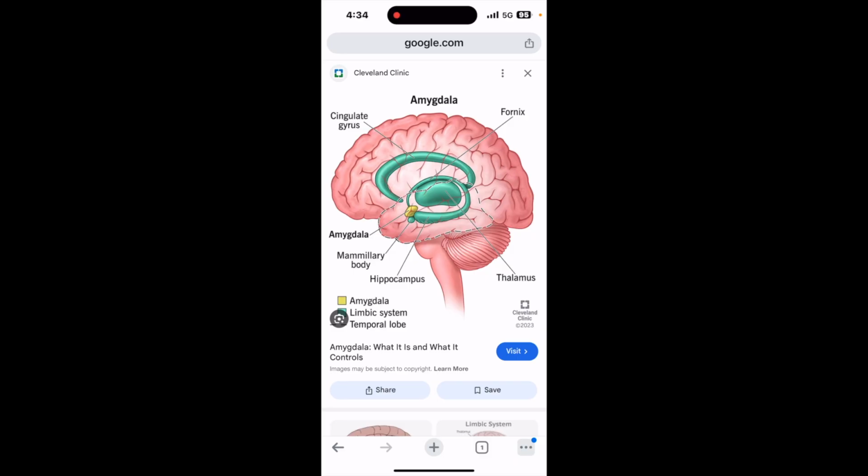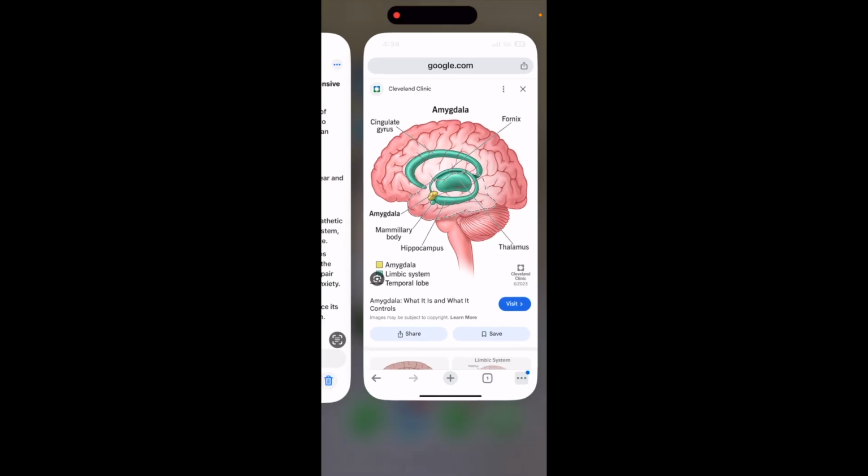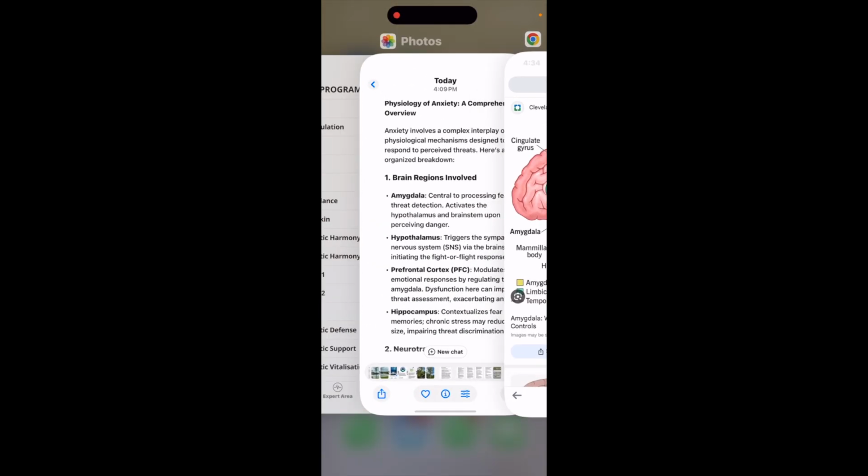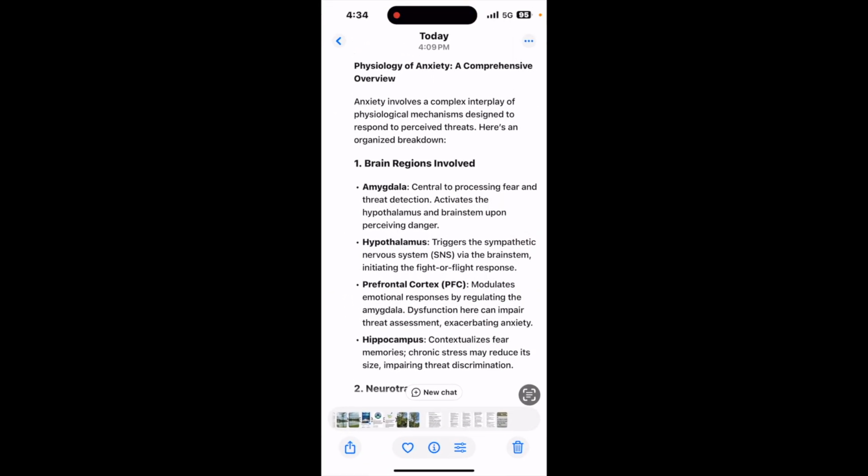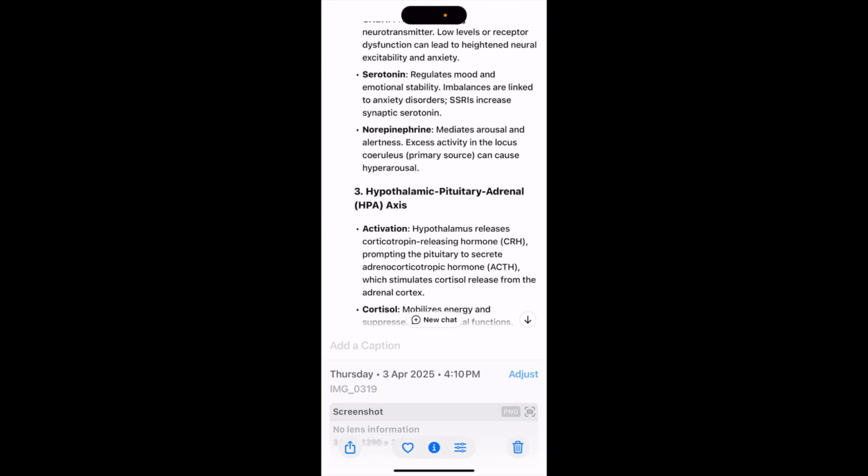So this whole part here, I want you to see and remember, is in charge of our fear response. Okay, fear response. Now other than this, so that is the brain. Okay, so this has to do with the brain. Yeah, then the next thing is here,